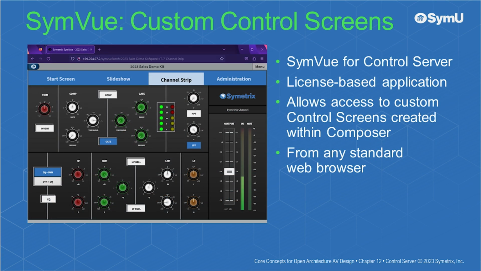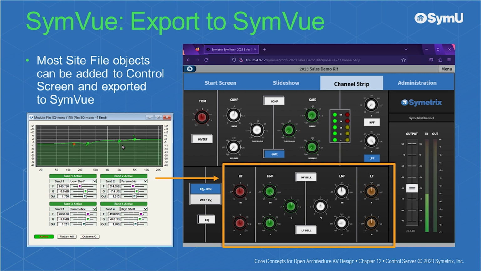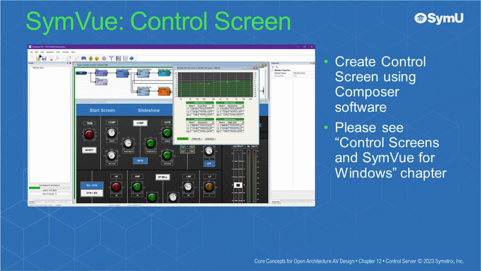SymVue for Control Server is a license-based application that allows users to access custom control screens created within Composer from any standard HTML web browser. Most objects in a Composer site file can be added to a control screen and exported to SymVue. Create a control screen using Composer software. For more information on building control screens, please see the Control Screens and SymVue for Windows chapter of this training